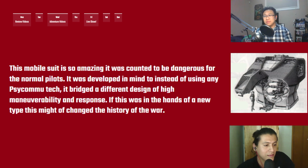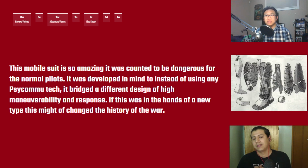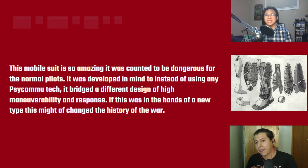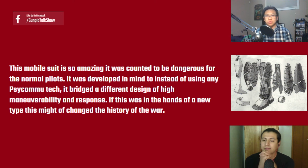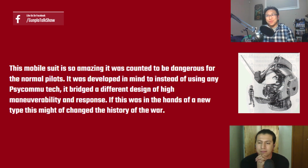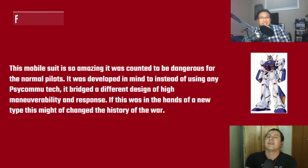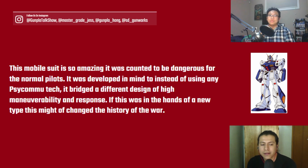Imagine Admiral Ray in that thing. What do you think would have happened? Oh, shoot. He would have annihilated everything out there, especially with all those different option systems. If it went to him, I am almost certain the Zeong wouldn't have survived, and the Gundam would have been destroyed. It makes me wonder, if this is so powerful, how would it fare against...